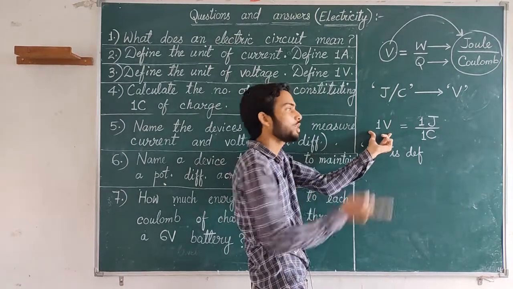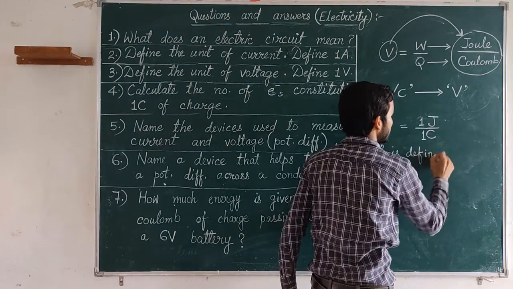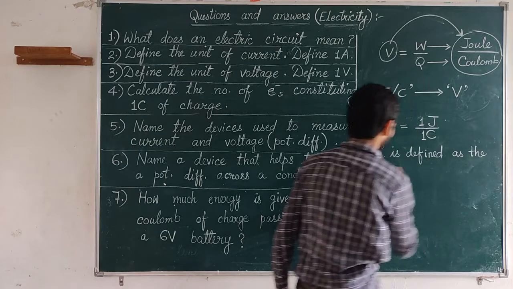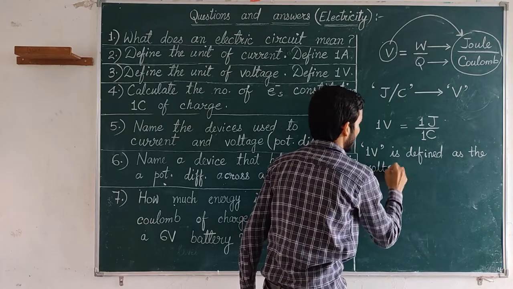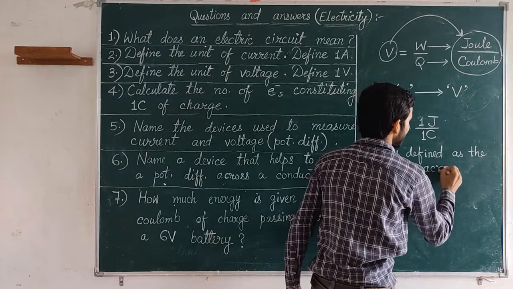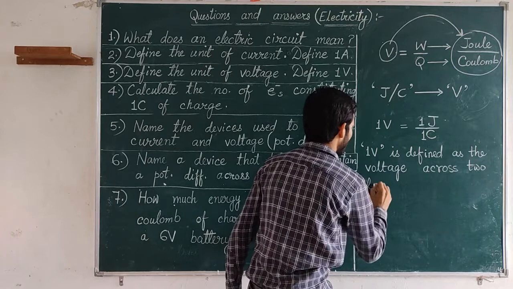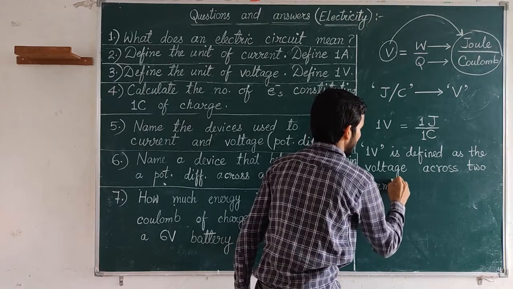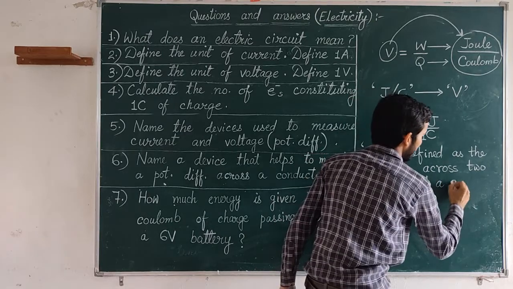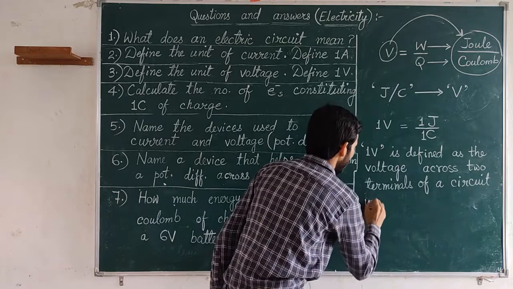How much voltage? 1 volt. 1 volt is defined as the voltage across two terminals of a circuit when